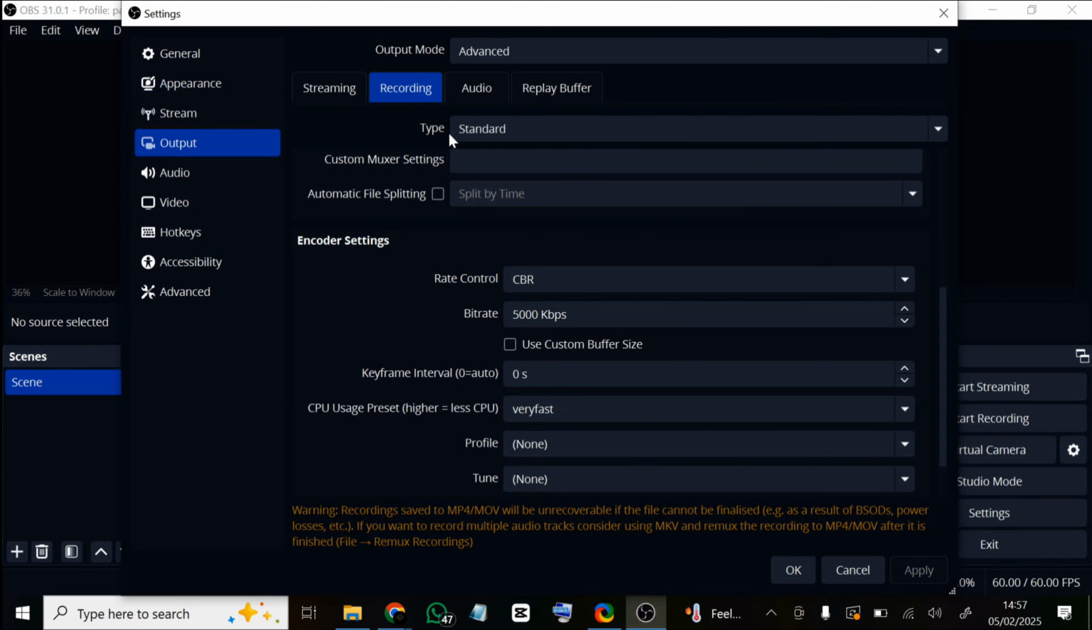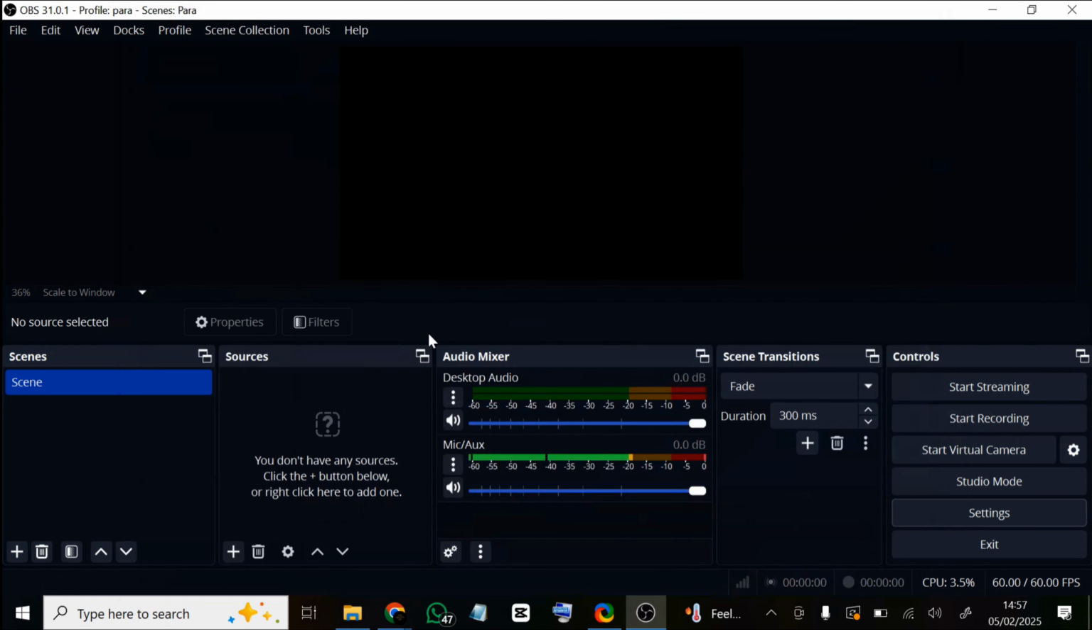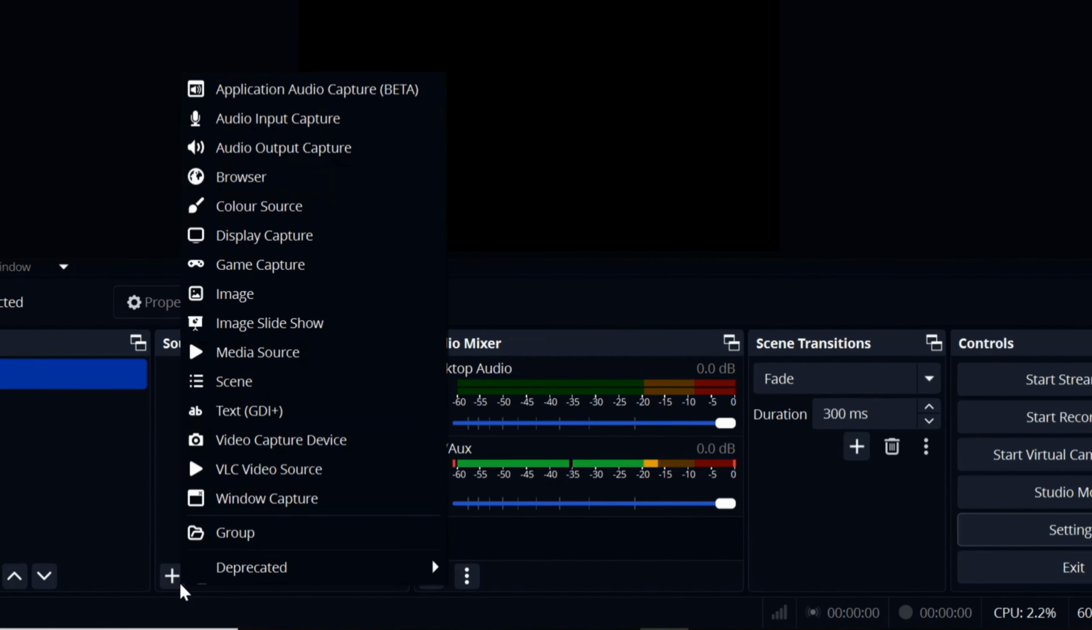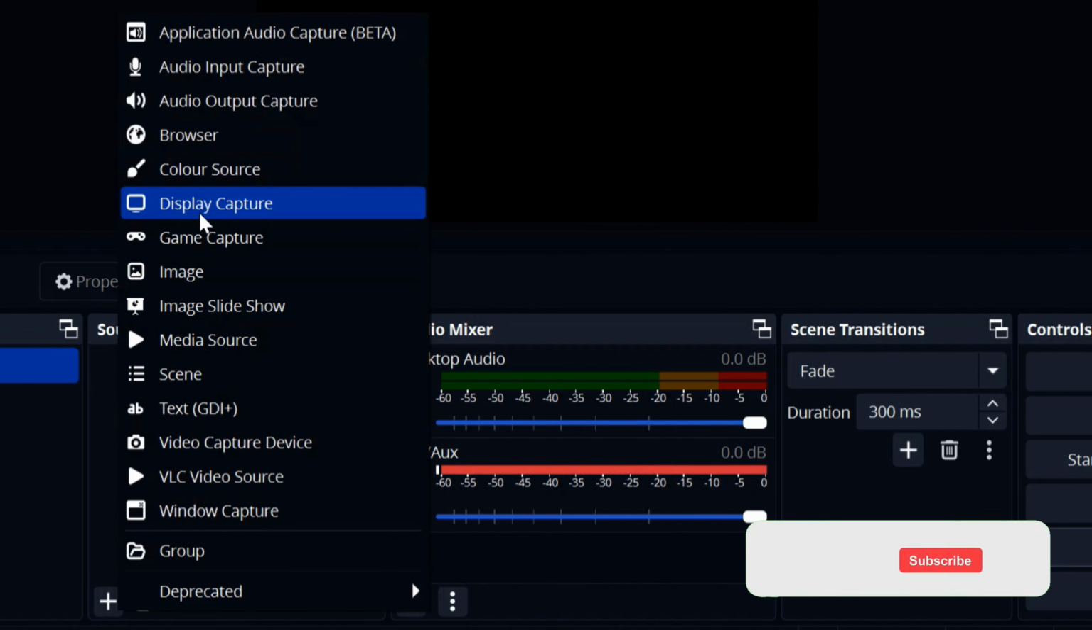Then after setting all these up, we'll click on OK and head over to the OBS main window. Then in this sources tab, we'll see this plus icon there. We click on it, then select display capture